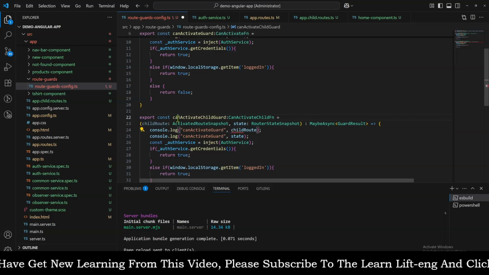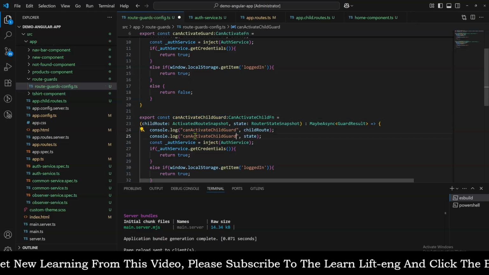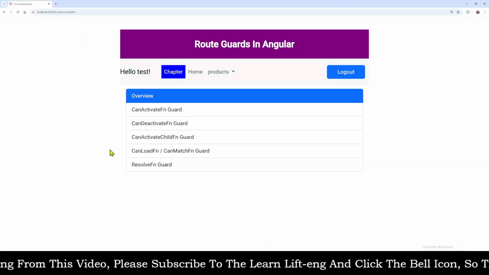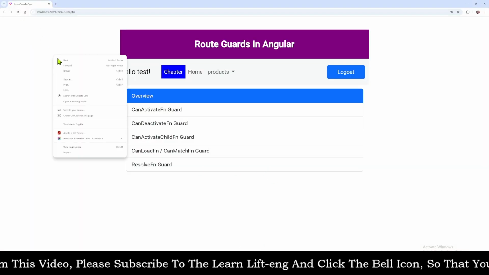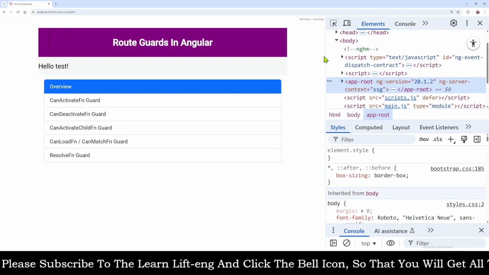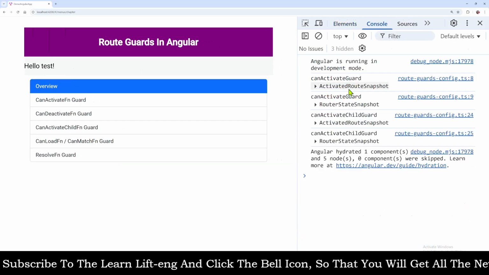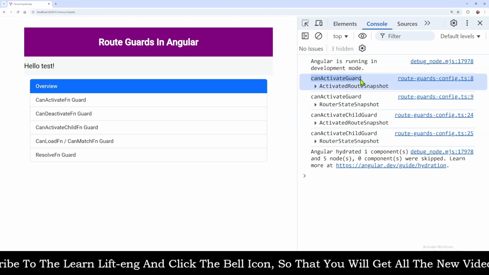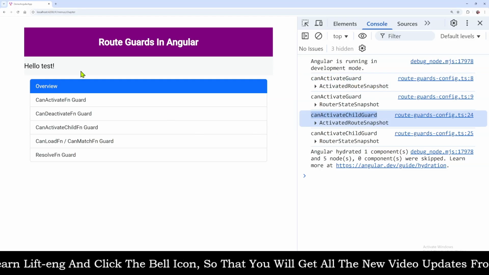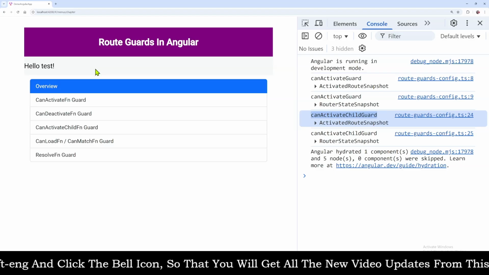Child route we have. Let's change the key name, right? Now let's refresh the page and inspect it. We will go to the console now. As you can see, both guards are running for us, correct? And they are guarding this particular